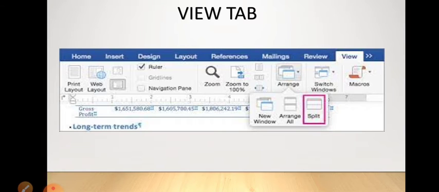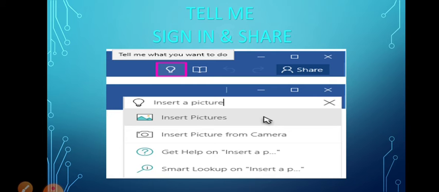if you want a new window while writing only, if you want the second window new, then you can click on the arrange option, new window. Okay, suppose you have taken 2 to 3 windows open at the same time, so if you want to arrange them side by side, you can click on arrange all. And the third one is split, means in one document if you want two parts, so you can split your document from that part. Okay, this is the view tab.